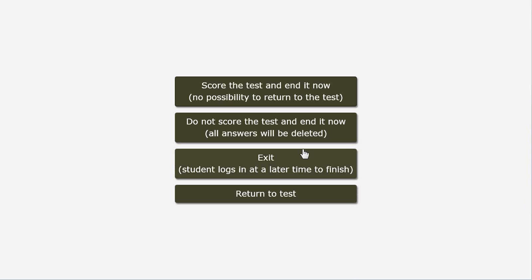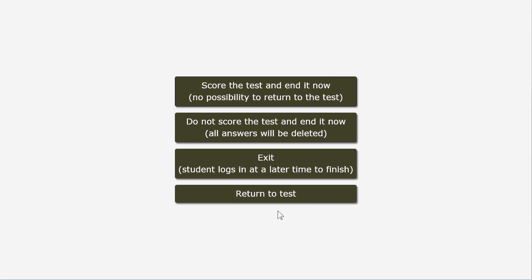So if it's just a momentary break or interruption, with the expectation the student is going to return within a minute or two, then use the